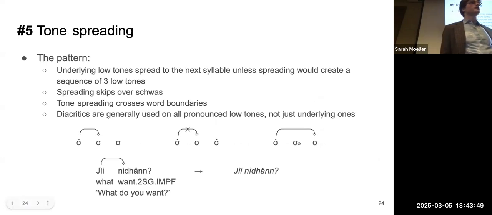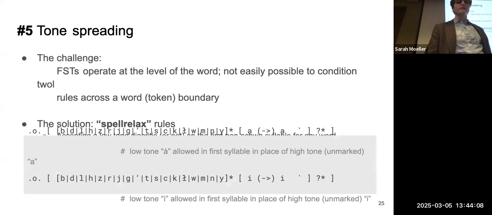Lastly, the challenge we looked at was tone spreading. It's quite prevalent, with low tone spreading to the next syllable, unless spreading creates a series of 3 low tones. This has some rules. It skips over schwas. It usually crosses word boundaries still, and they're always written. And the way we